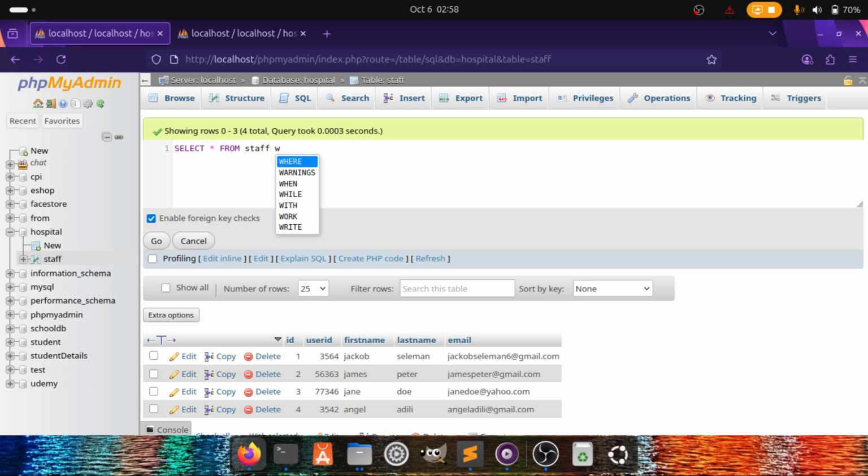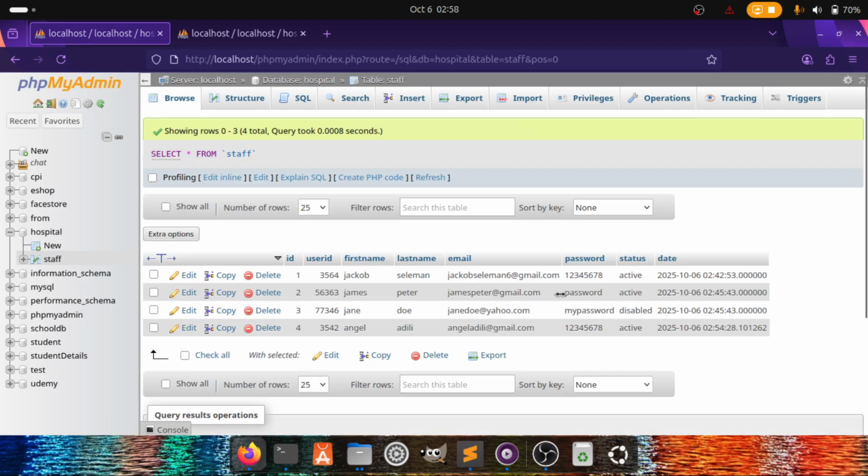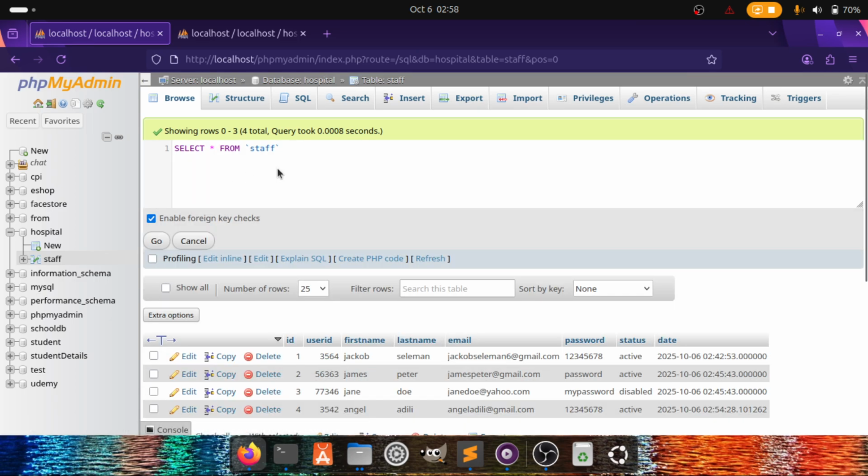I can say where... oh my god, what I've done. I'm supposed to copy and refresh because I want to get more records. Editing inline and paste. Say select star from staff where